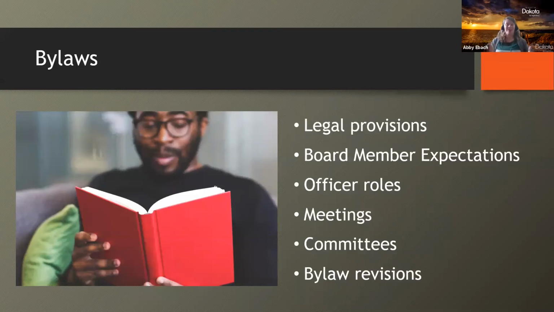In summary, bylaws are really important and foundational to a well-run library board, and they guide how the board runs and operates. They should be as clear as possible. And so I encourage you to find your board's bylaws and read them if you don't know where they are, or just to refamiliarize yourself with them. And then look and see if there's anything that needs to be revised. Make sure everything in there is being followed and is correct and is how you want that board to be run.